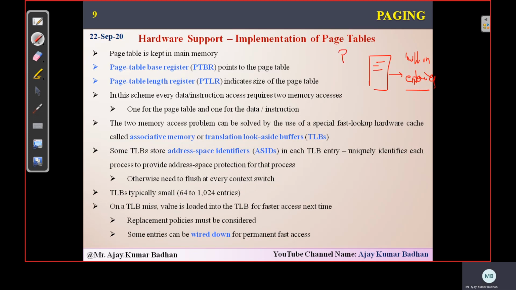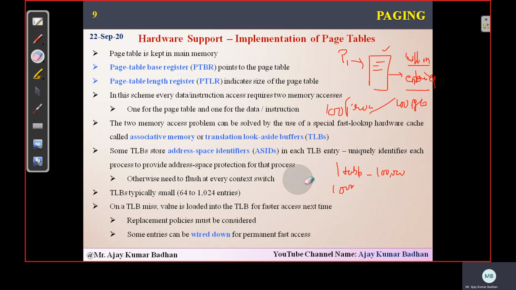Well, if you're associating one particular page table with one process, and that page table consists of 1 million entries, where are we storing this page table? Obviously, we are storing it in your main memory, that is your RAM. So let us suppose in your system there are 100 processes. 100 processes means we have 100 page tables. One page table contains 1 million entries. I'm talking about 100 tables here.